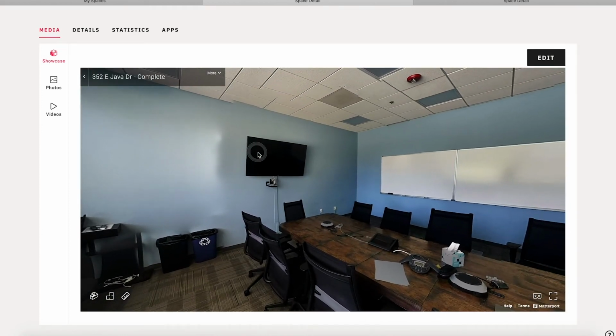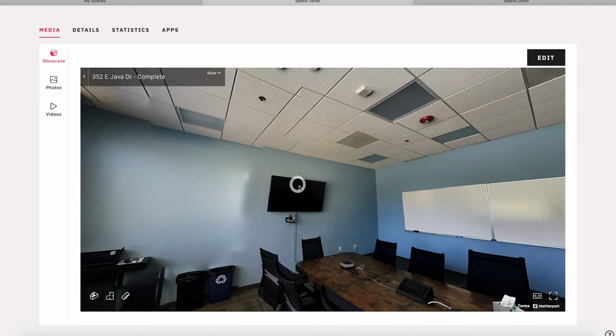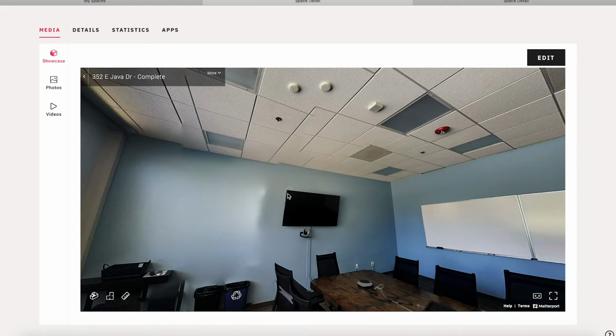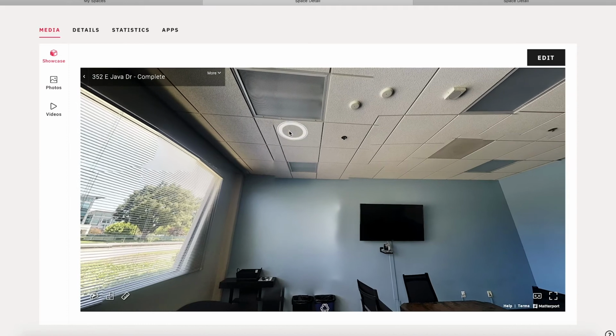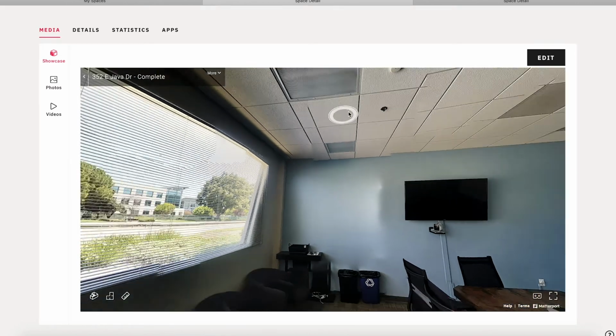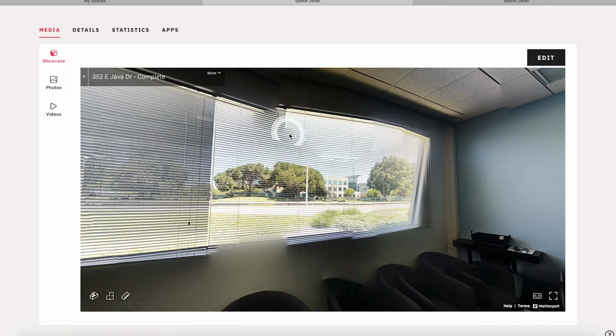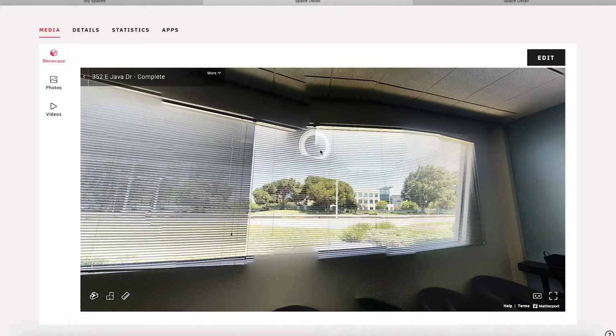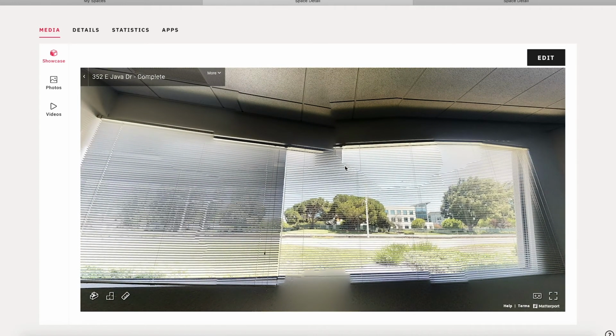Now, I will say that with a complete scan, because you have many more images, you also introduce a little bit more stitching artifacts. So keep that in mind. It is a lot more obvious with a ceiling such as this, where I have these hard lines, and you will notice that some edges like this window here didn't come out very good. I probably could have done a better job as I was rotating, turning around the camera and not myself. So this could have been improved, but this certainly is something to take into consideration when choosing between the simple